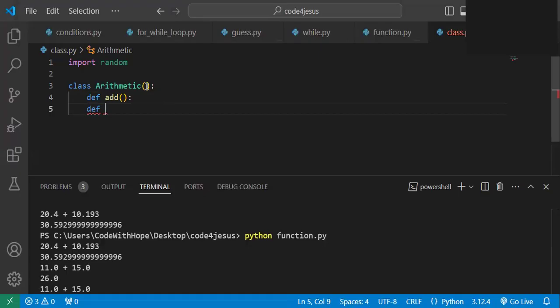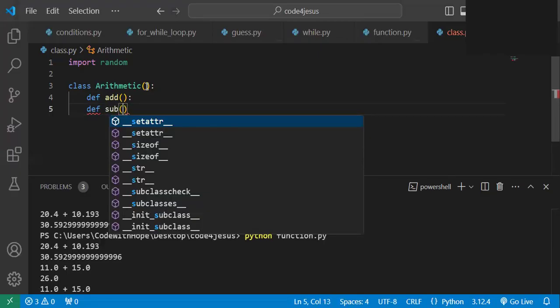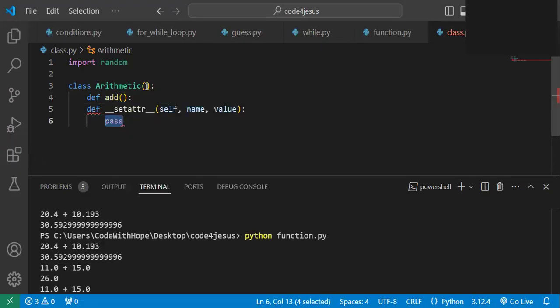Those functions in it are referred to as methods. So we have the add, the subtract, the divide,